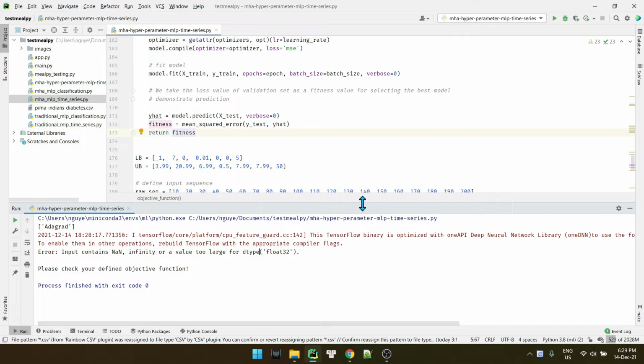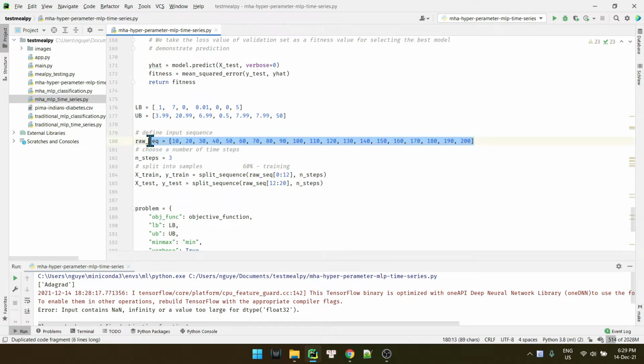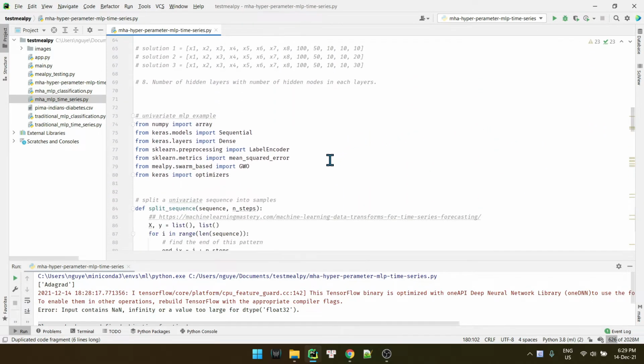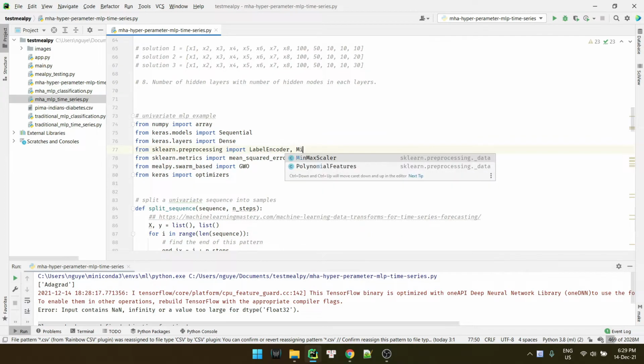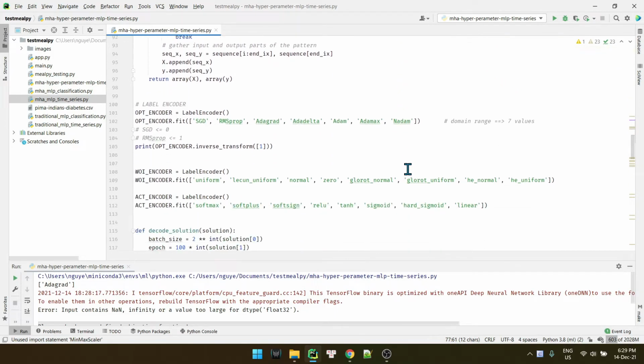So I think because the value we are trying to put into the network is the raw value, we should use a scaling method like min-max scaling to make it smaller, back into the range of 0 and 1, right? So to do that we can import the min-max scaler from sklearn.preprocessing, and